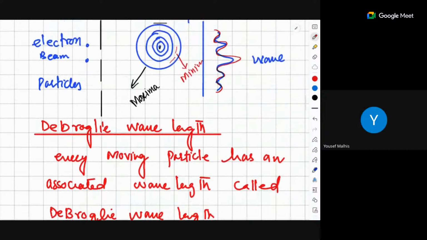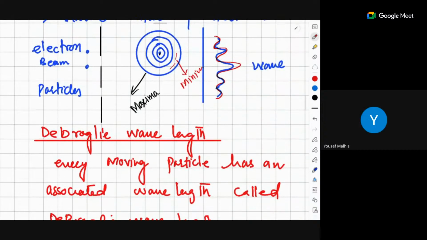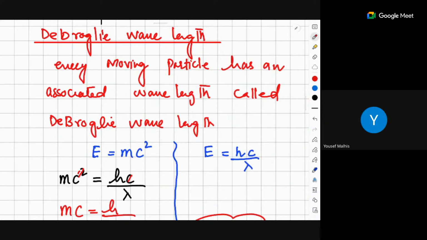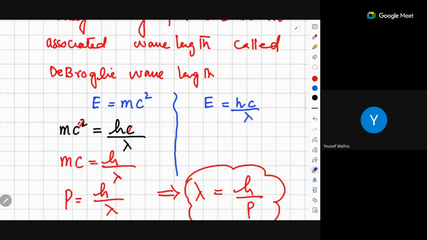Now this experiment, which was the wave-particle duality experiment, gave de Broglie two concepts. One of them was that if there is a particle, then it must have energy in the form of E equals mc squared. And if this particle is filled with waves, that is photons, then these waves must have energy E equals hc by lambda. So actually, if I simply say that this is the quantum or one photon which has all these waves inside, then what happens?